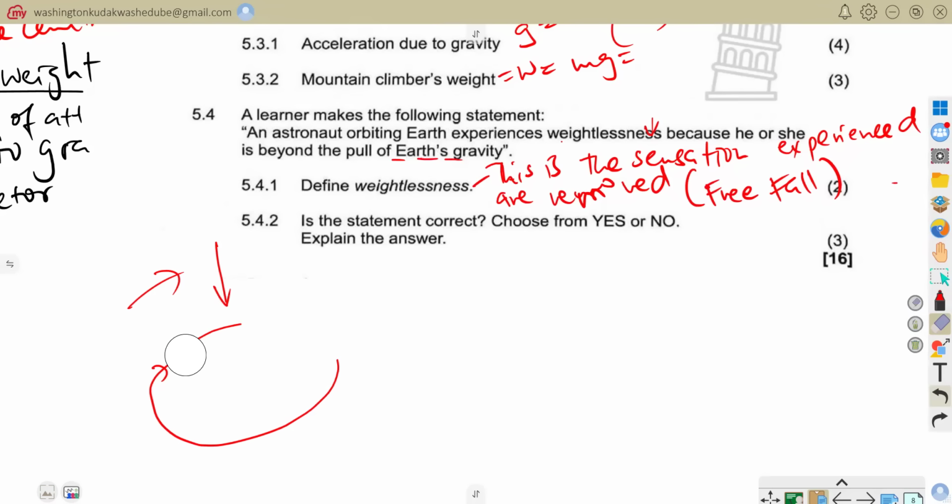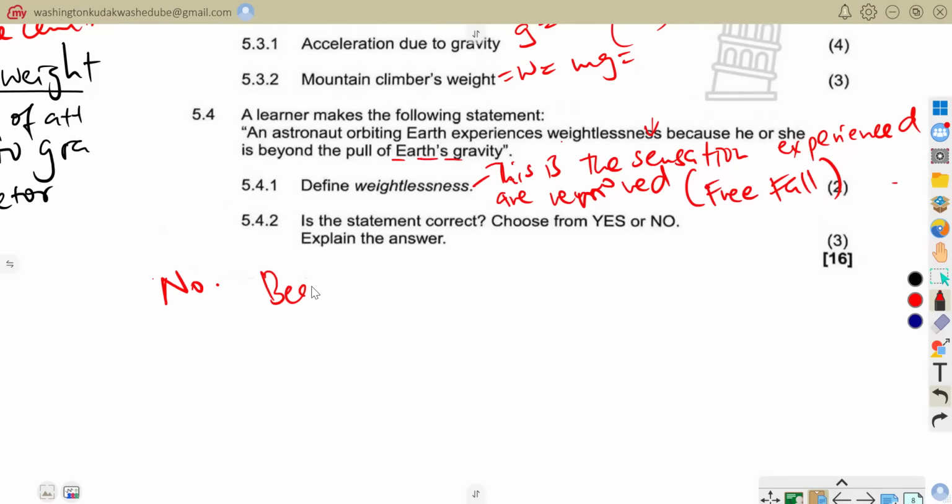So this is actually force. There is still the Earth's gravity, which is pulling this astronaut. But it's simply because the force that can actually be acting on that astronaut will be only the gravitational force. There is no other force. Therefore, if it is only gravitational force, it can make him fall on a free fall. So you would say no,